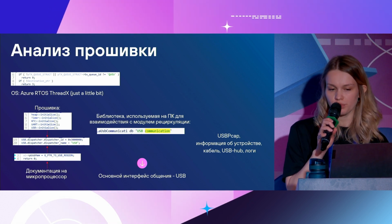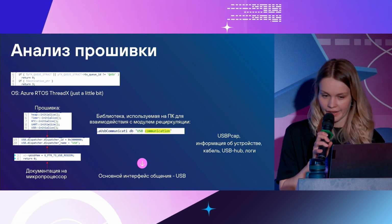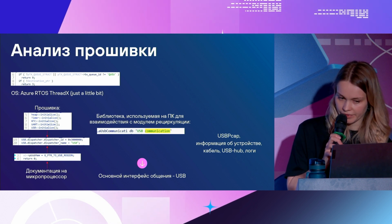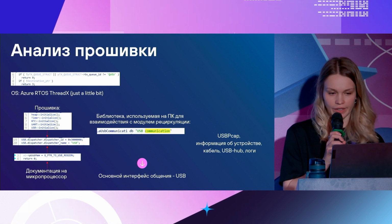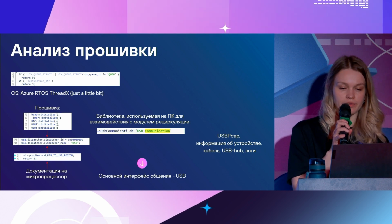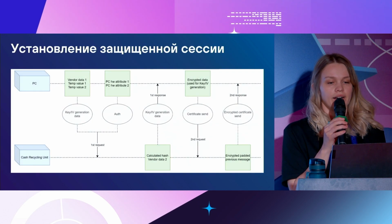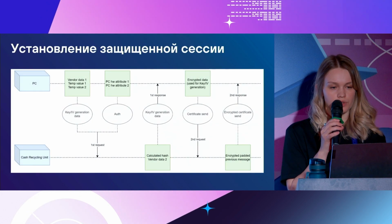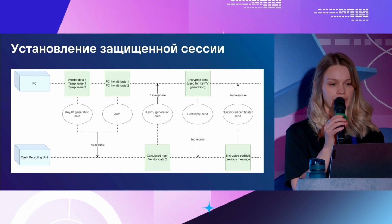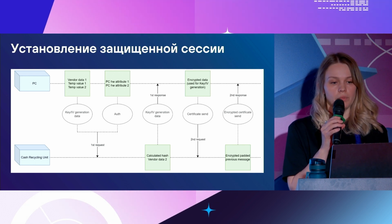Well, you can use different ways. How did we know which one we needed? The communication vector hinted that it might have been the USB hub. The logs from the USB hub and the USB traffic were found in the USB backup, and that was a sign that something was happening via the USB connection. So we decided to dismantle the USB connection. And when we analyzed that, it turned out that the dispenser set the connection, then used the encryption, and the communication protocol